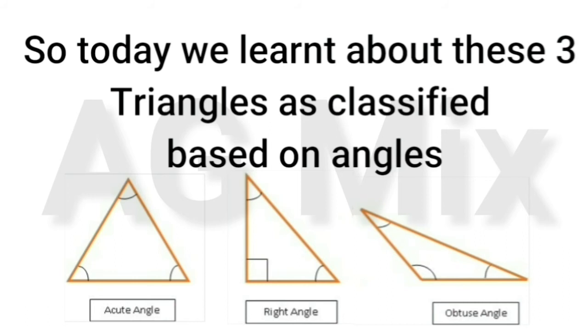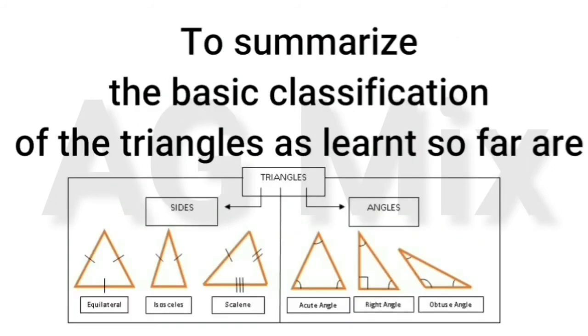So today we learned about these three triangles as classified based on angles. To summarize, the basic classification of the triangles as learned so far are: